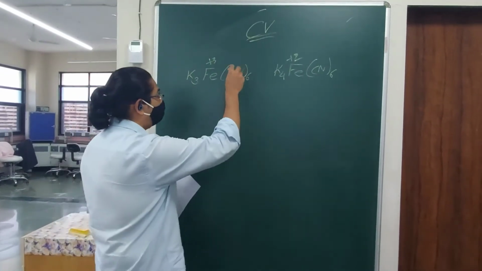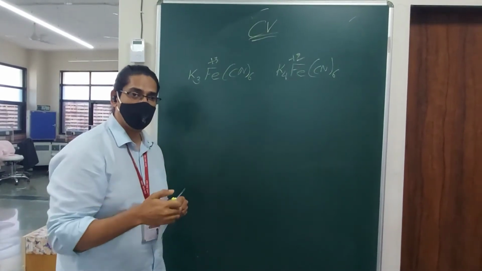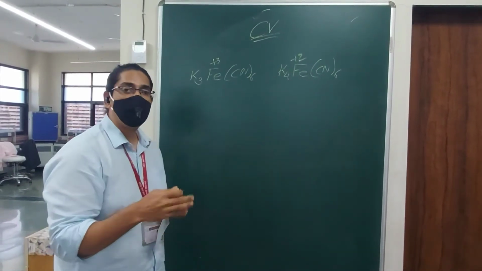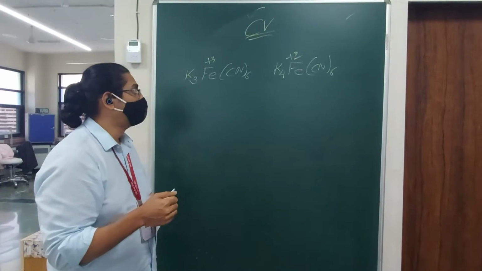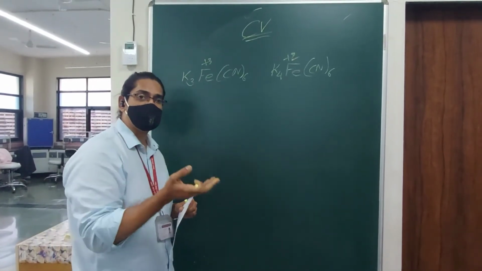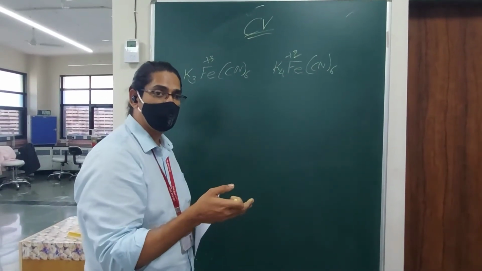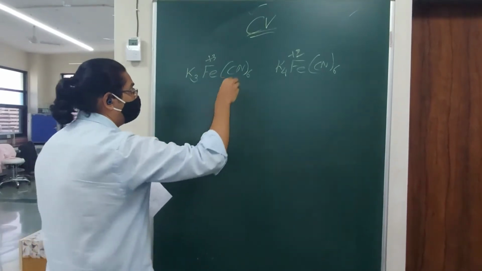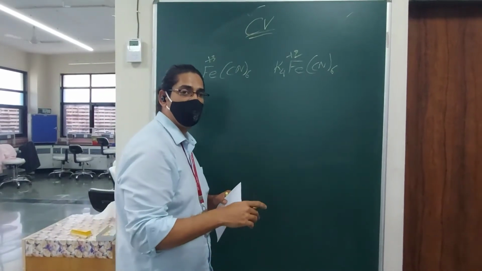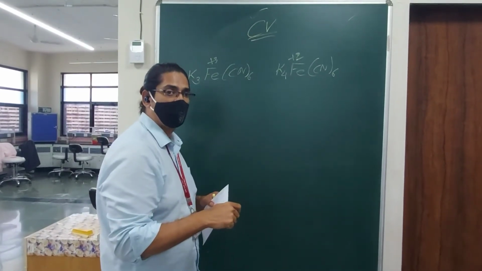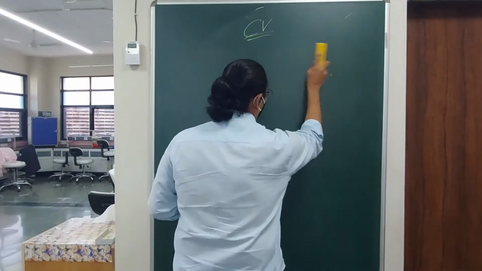Now what we are going to do today is conventional cyclic voltammetry, which typically has a few millivolts per second of voltage being applied. You also have the concept of fast scan cyclic voltammetry, where you have hundreds of volts going through the solution per second. But we are doing the conventional cyclic voltammetry, or just cyclic voltammetry. What is the setup we have for cyclic voltammetry?